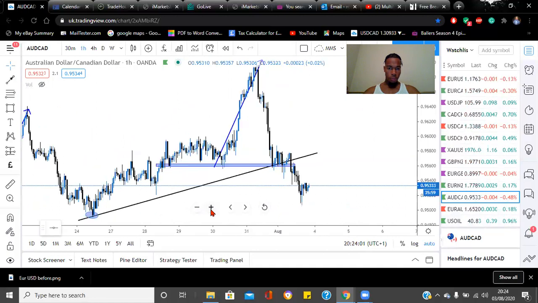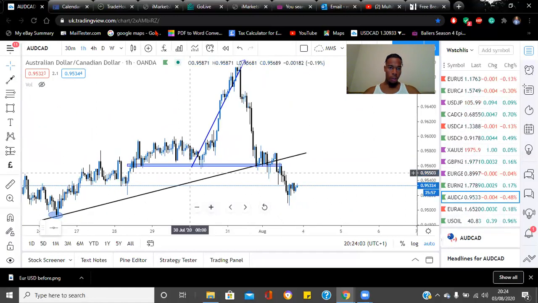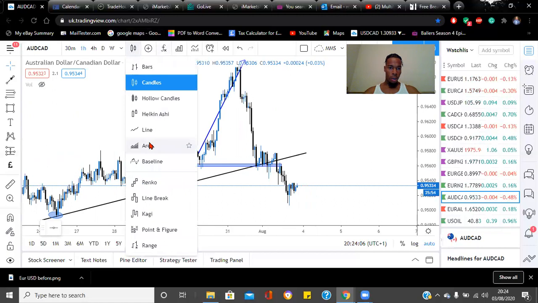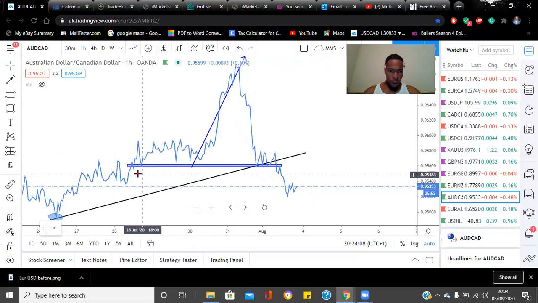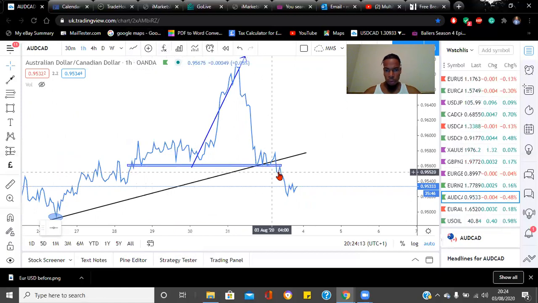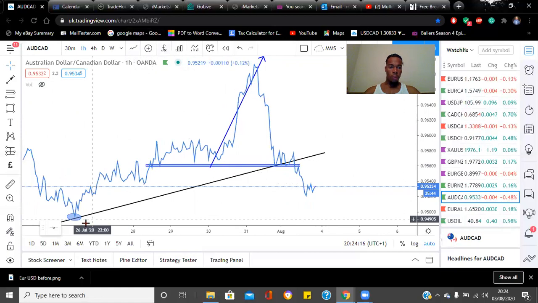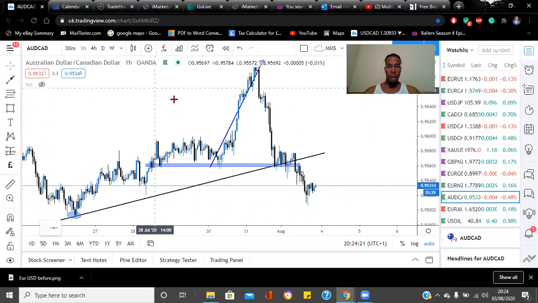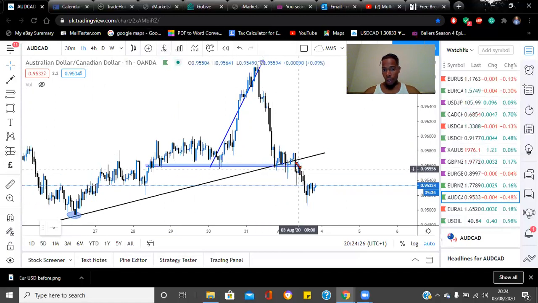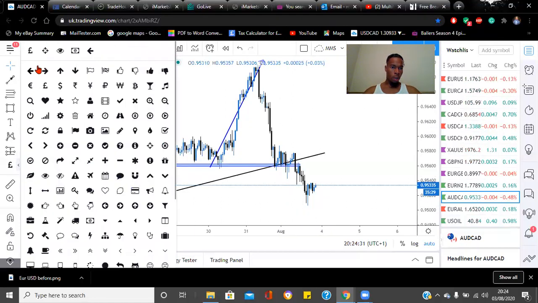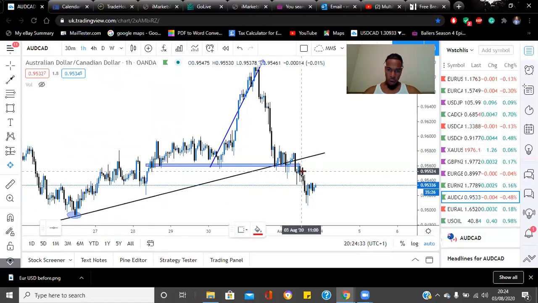So yeah, the market does move volatile sometimes. AUDCAD, this was a decent setup, but let's see if it was actually something that one could have got into. So line, okay, so the support there, support, resistance. So there was some sort of an uptrend, and price broke the uptrend, retested, and then started going down. So you could have pulled the trigger right after you saw the rejection. So around here,